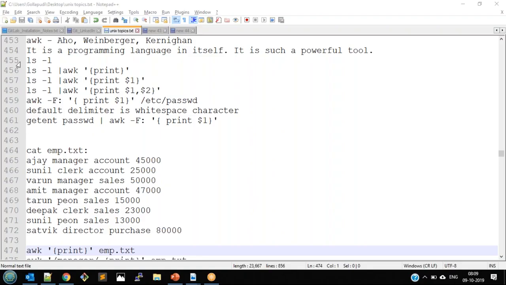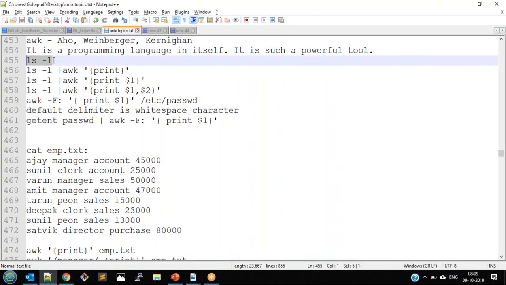Okay, so the basic thing, if you see the ls minus l command, what does it do? It lists all the files. It's nothing but a long list. So can I pipe it to something and do columnar field searches and all? What I'm trying to say is, let me open up my